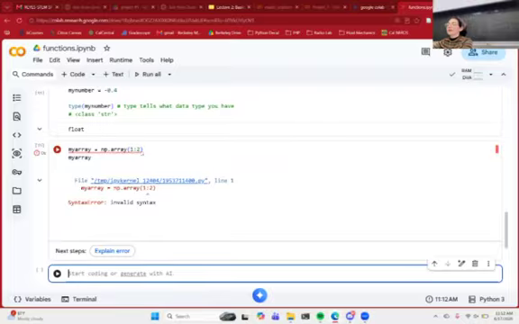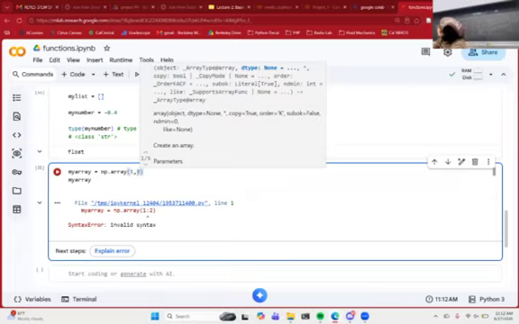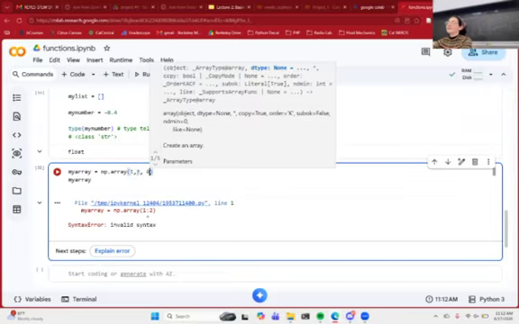Maybe not. I could be wrong. Okay, yeah, it doesn't like this. If I'm creating an array, you know what I mean? Like if I want to create an array that's one row by two columns, but you need to fill it with something. You need to fill it with zeros, for example. Can you fill it with zeros? But